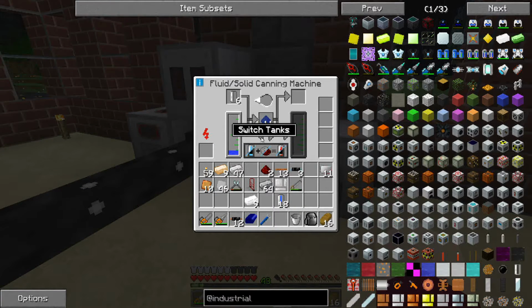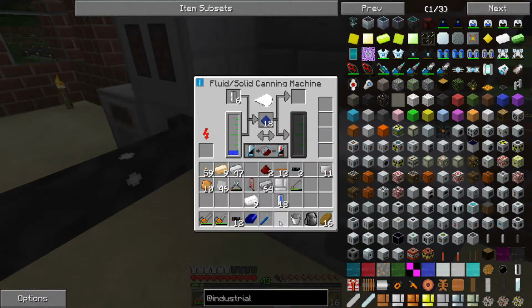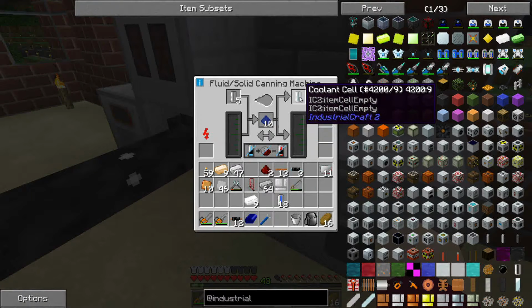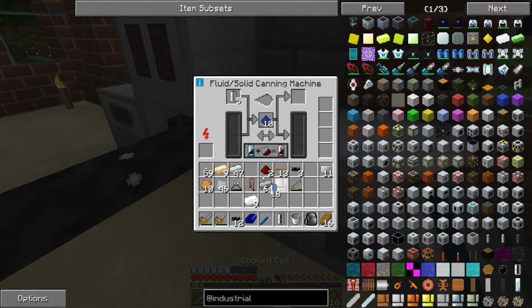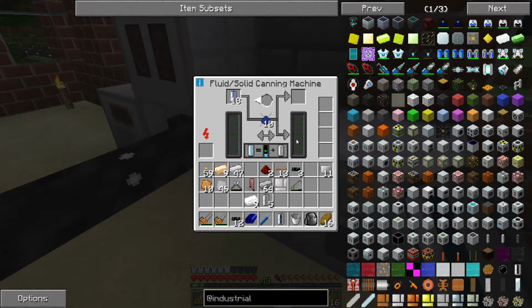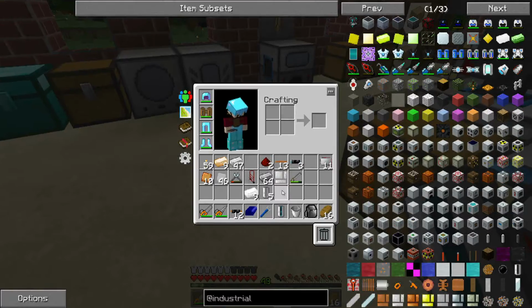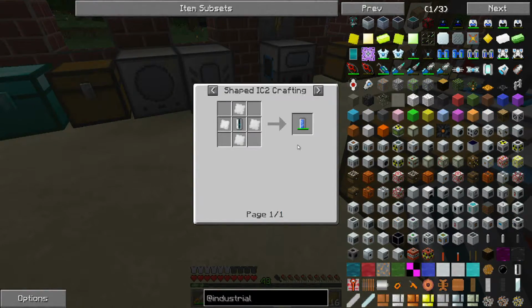Enrich. Okay, so now it is making the coolant stuff. Now, we are going to need quite a bit more of this lapis dust. So there's our coolant cell. We're going to need more water here too, so we'll go ahead. It's kind of odd that this doesn't work. So we're going to have to drain these cells into the system. That kind of sucks. So now to turn these into the 10K coolant cells, which is what we need for our overclockers,